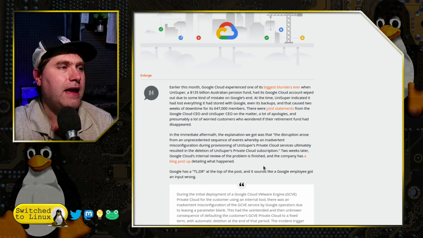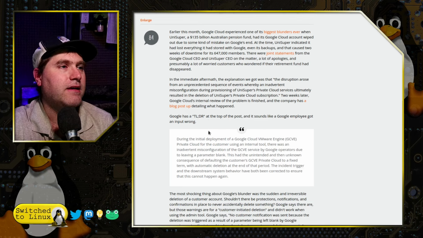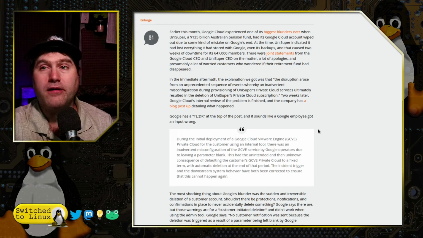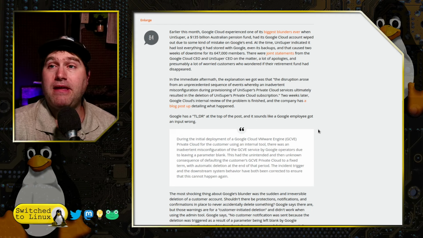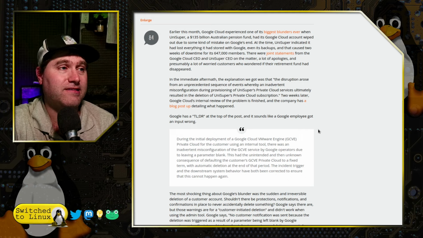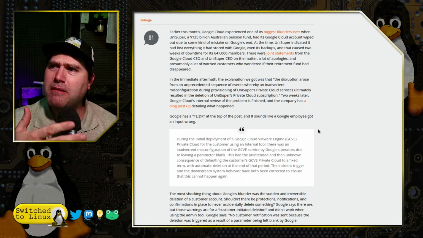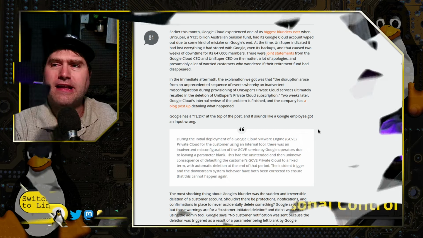Two weeks later, Google Cloud's internal review of the problem is finished, and the company had a blog post up to deal with it. TLDR, it sounds like a Google employee got an input wrong. So was this a hire that wasn't as qualified as they should have been, or was this some expert who did a whoops? And I have to stop and pause here for a brief second, because I remember a situation like this happened to me